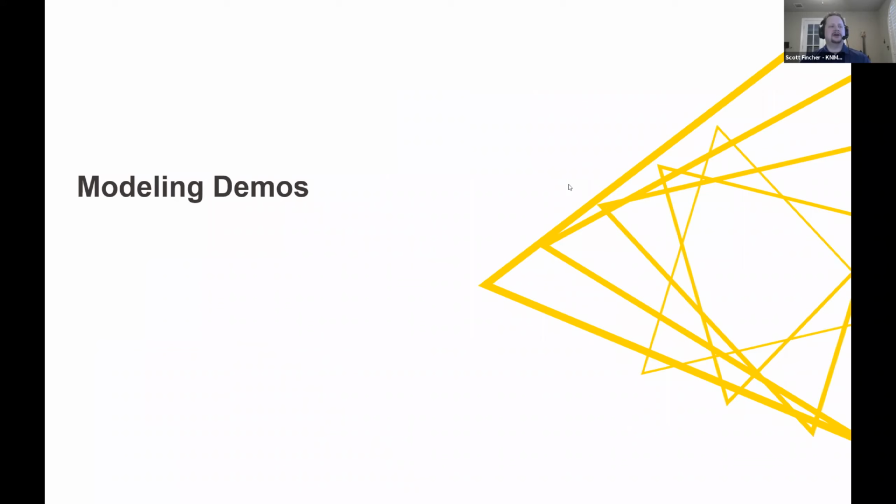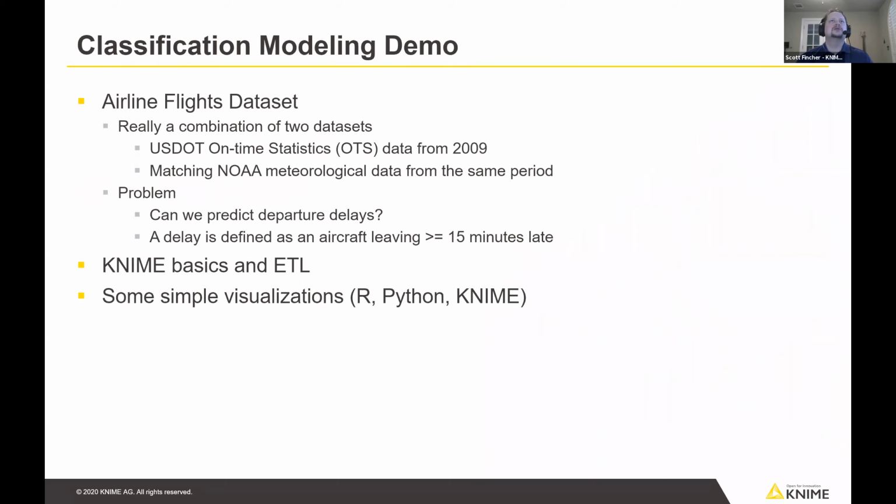Okay, so there's about 10 minutes of introduction about what KNIME is, what our background is, some things that you can do with KNIME. So now what I want to spend some time on are some examples and actually show you KNIME in action. So the main demo that we're going to deal with today is this classification modeling demo,